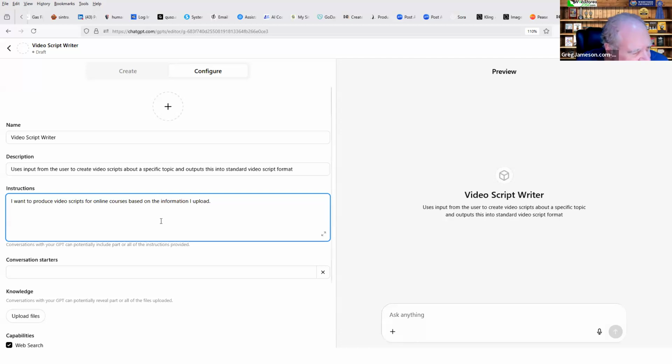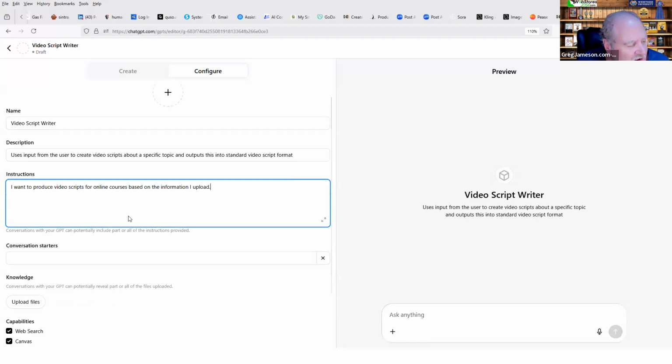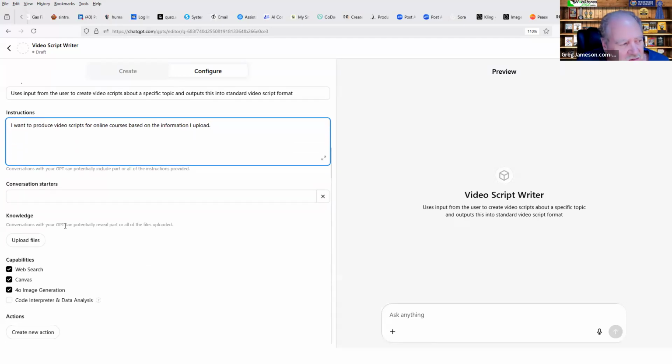The more detail you can give it here, the better. And if you have background knowledge, such as what standard video script format looks like, you can upload those files into this. You can have it do web search, which is a good idea.